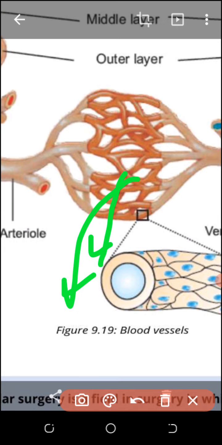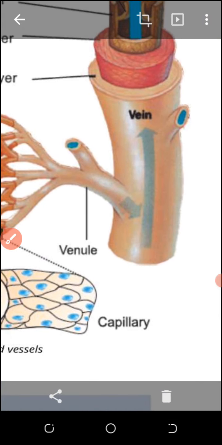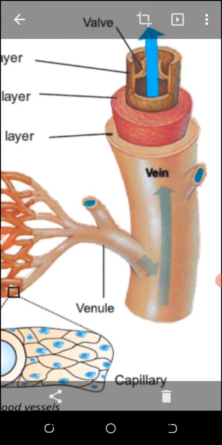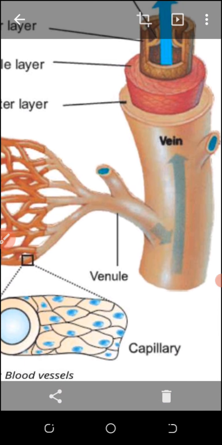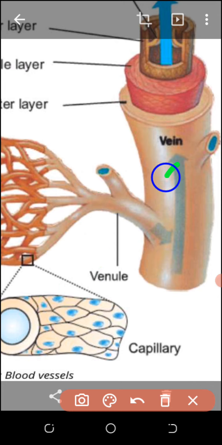So these are the only blood vessels by which the passengers can come out from the blood vessels and go into the cells. So exchange of material takes place by the capillaries, and once again the pressure increases due to valves, because in the veins, of course the blood pressure is almost nil in capillary, but it is created once again in the veins due to valves which are present.